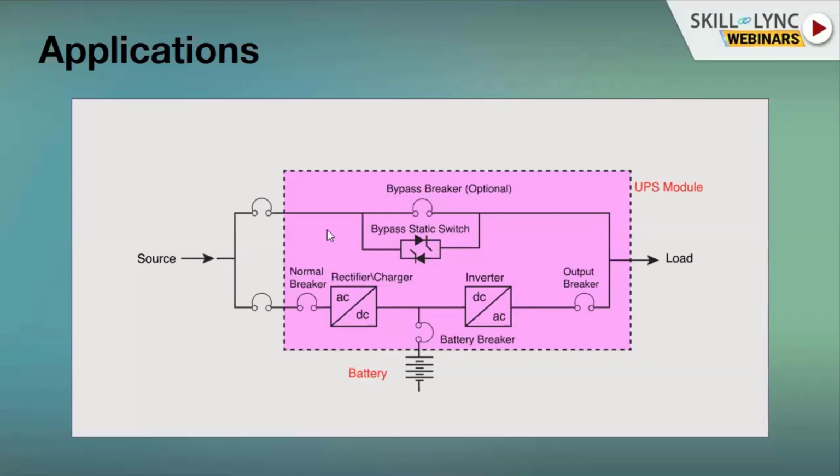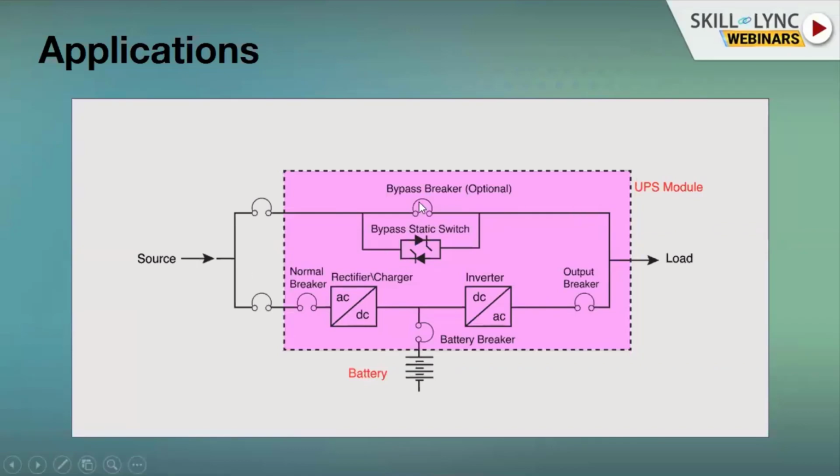And at the same time, during the same duration, part of that particular source is being converted into DC, and it is used to charge the battery. When you have the grid power, the same power is being utilized to store the energy in the battery. And when there is a power cut or a power failure, then the source will not be able to power the load.